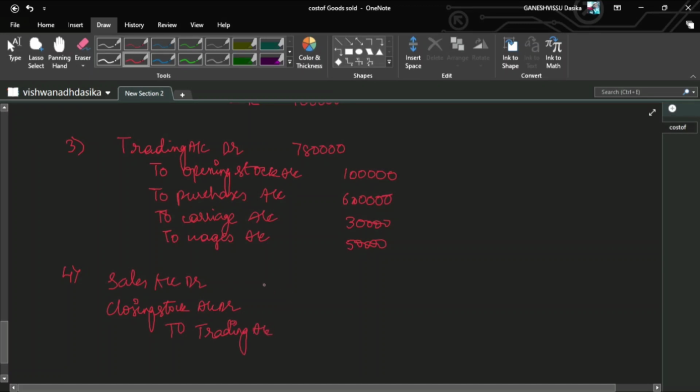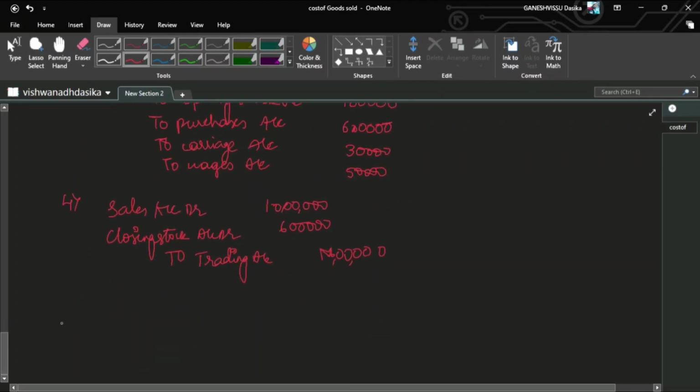Okay, sales account is 10 lakhs and this is 6 lakhs. Total 16 lakhs we have credited to the trading account. And the last entry, which would be